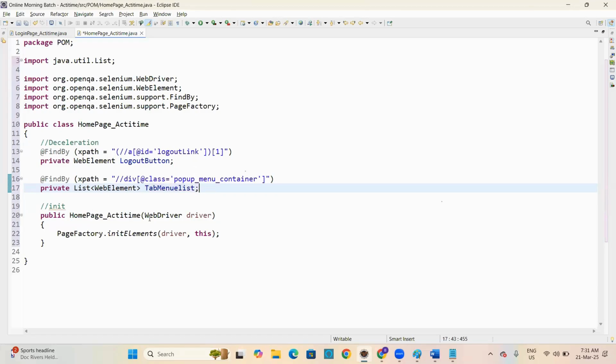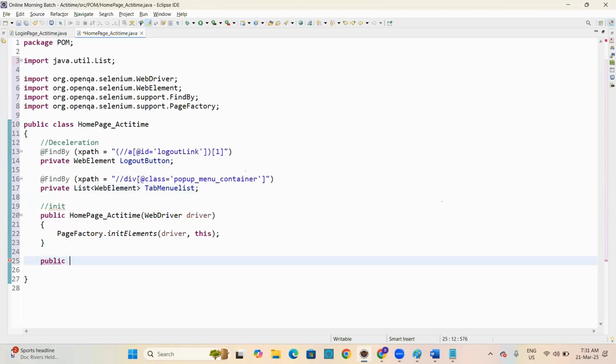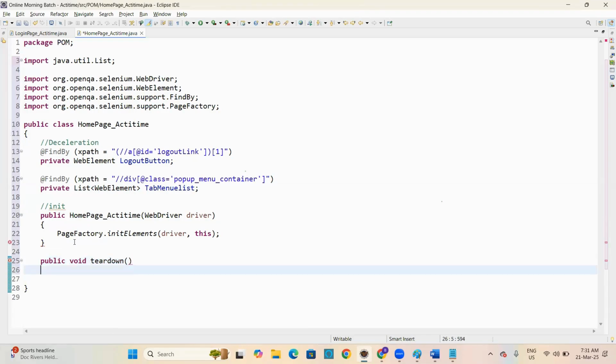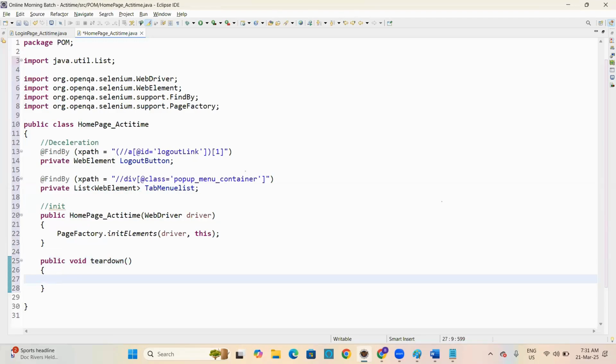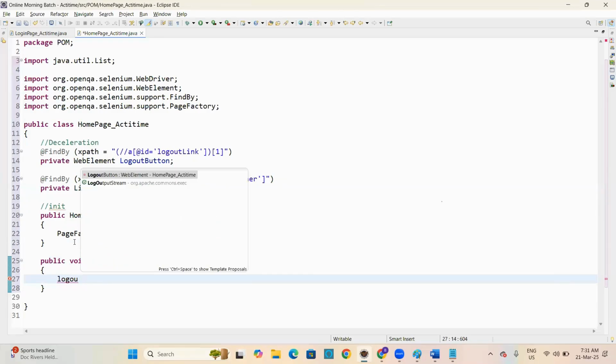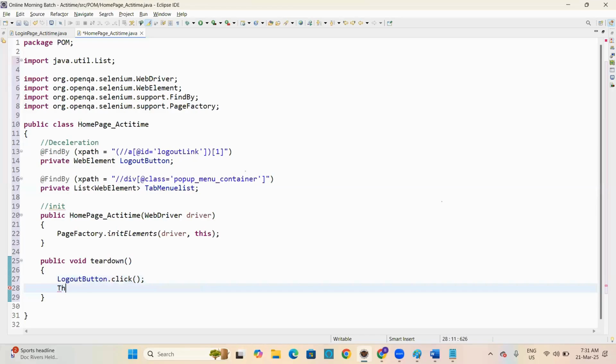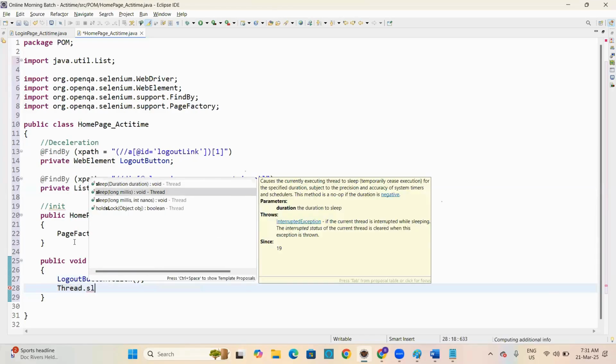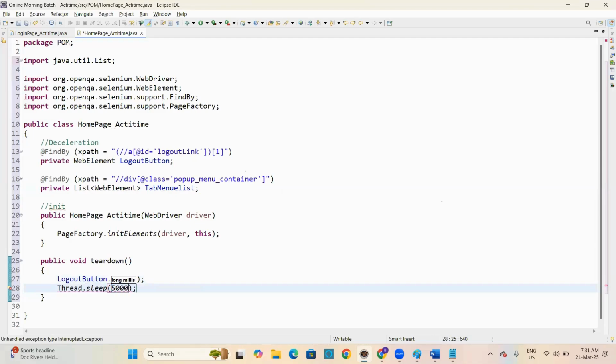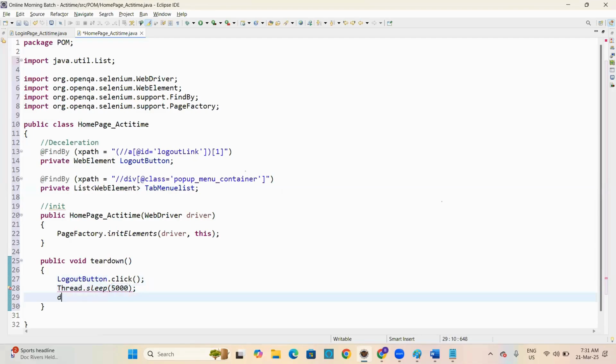Okay. Now to log out, I'll be creating one public void tearDown method. TearDown method means logout dot button dot click, then Thread.sleep, wait for 5 seconds. Then